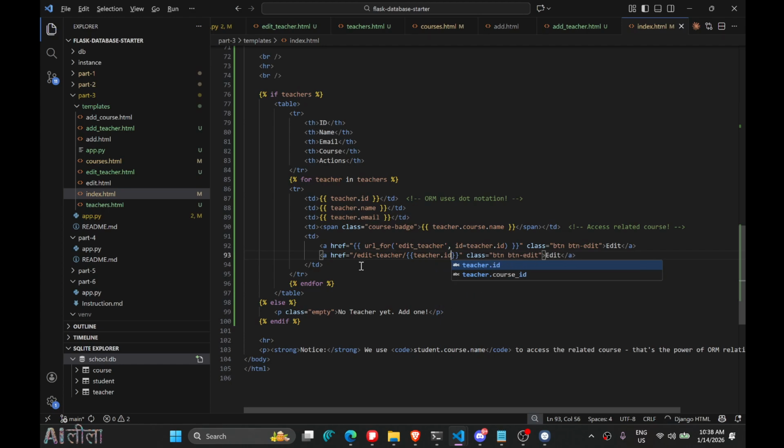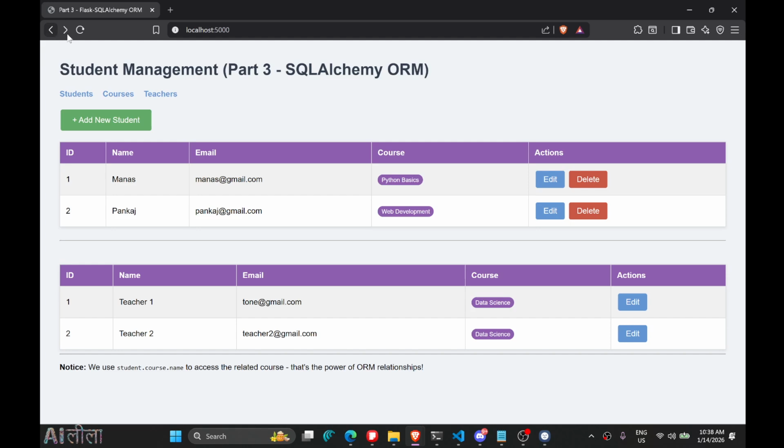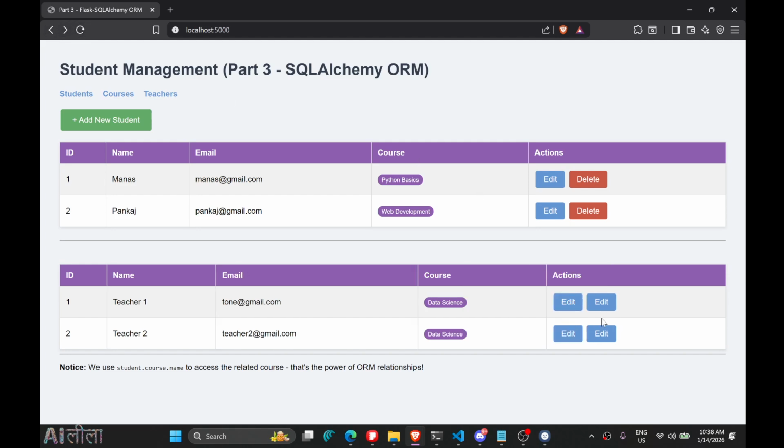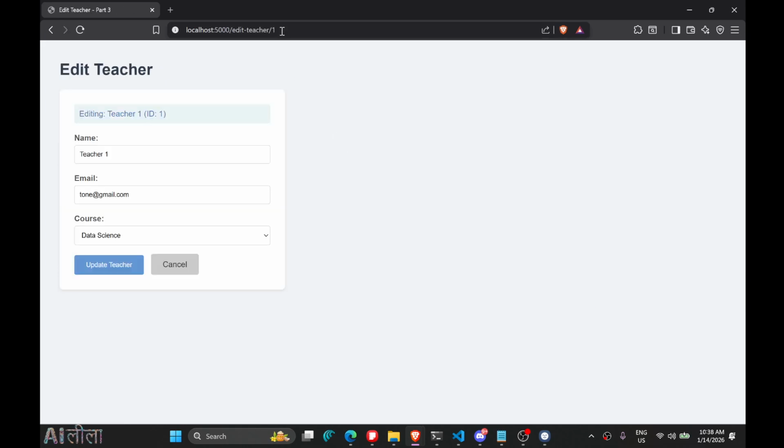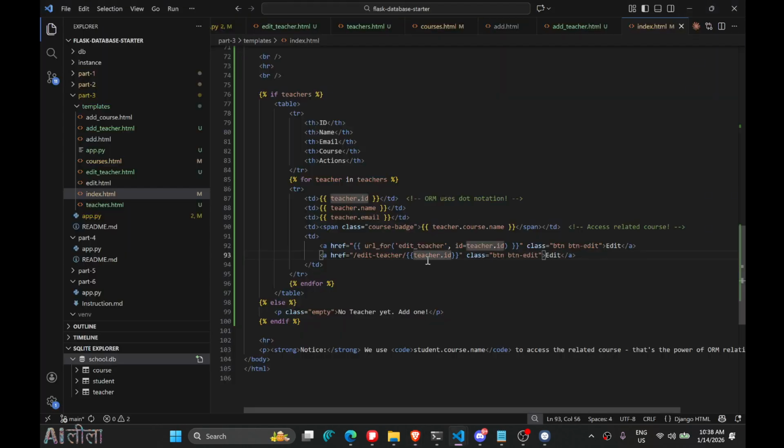So both of them are same. So let's go back, refresh. We have two edit buttons now. The second edit button, you can see at the bottom left that the URL has come, and even so I'll click on this as well. So we have got this, which is coming from this one slash edit teacher. So both of them are same. They are all right. It doesn't matter which one you use. Okay, so I'll delete it,